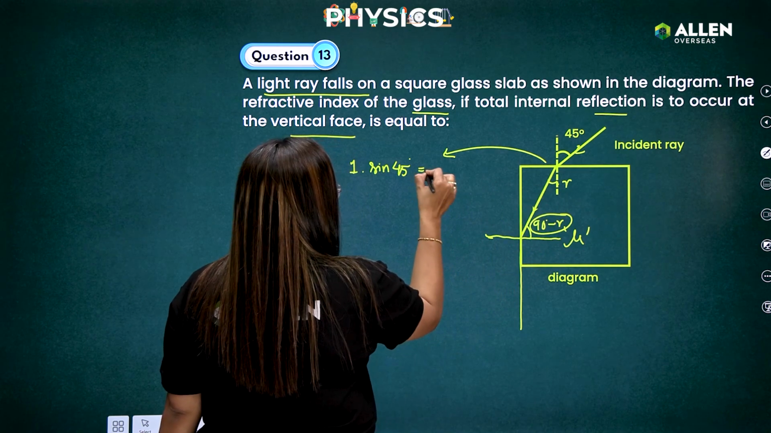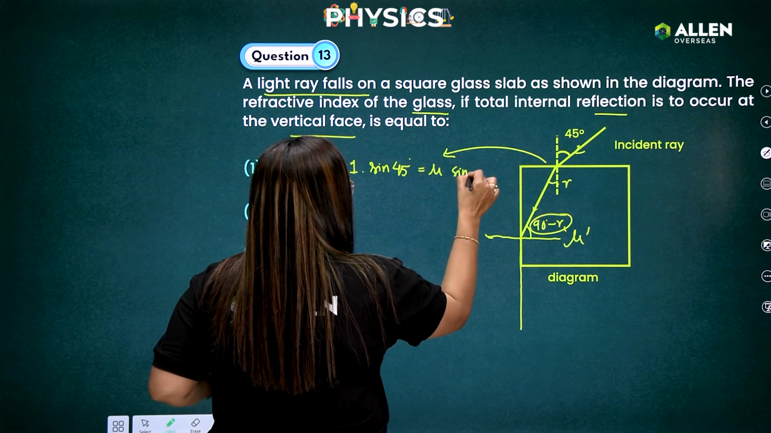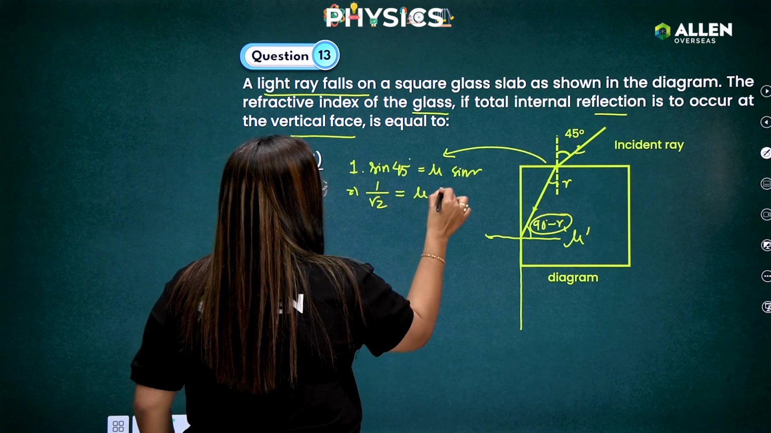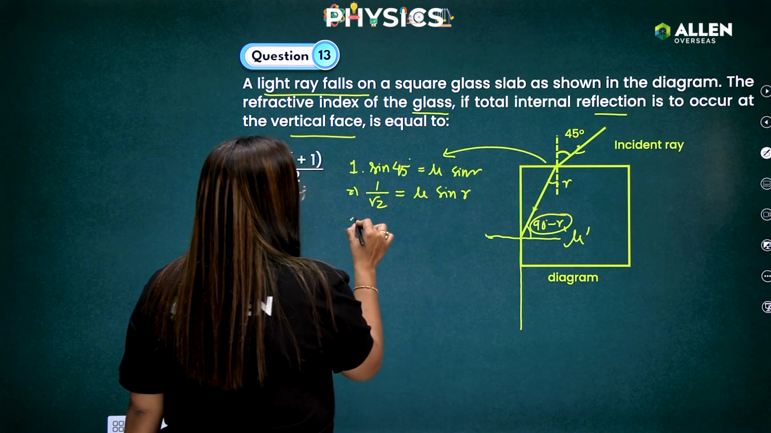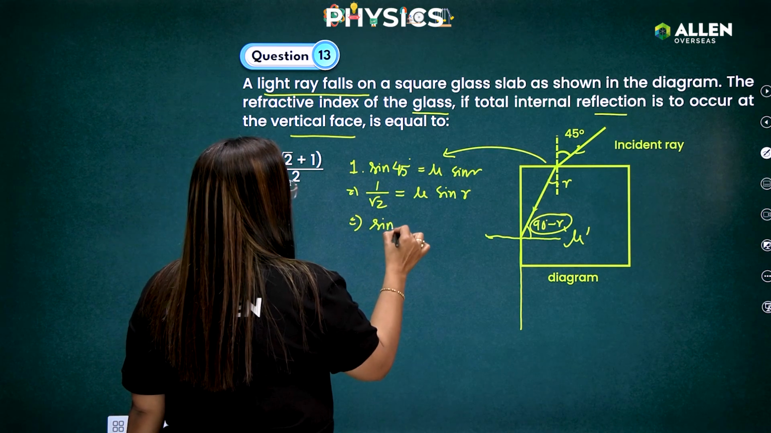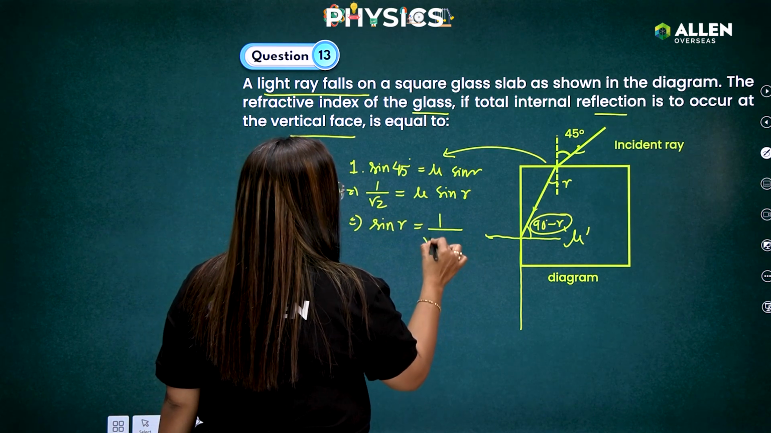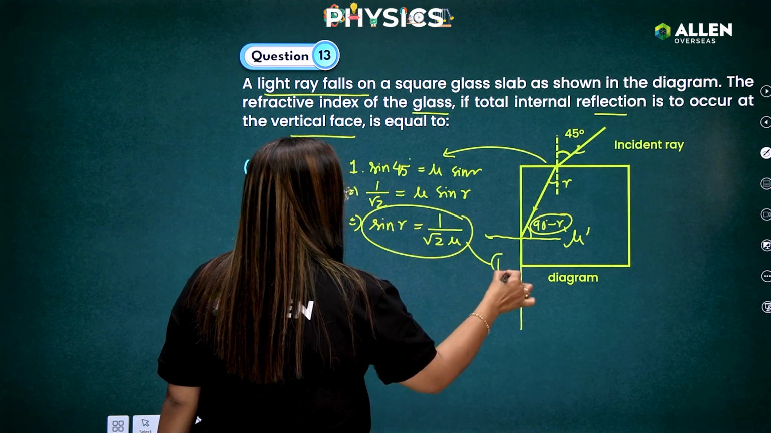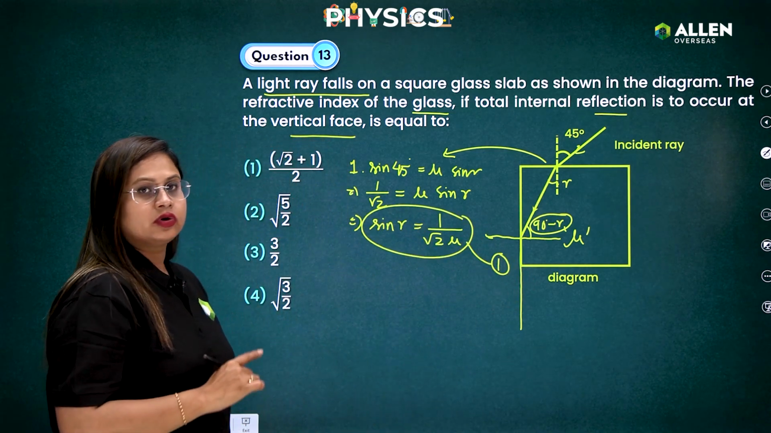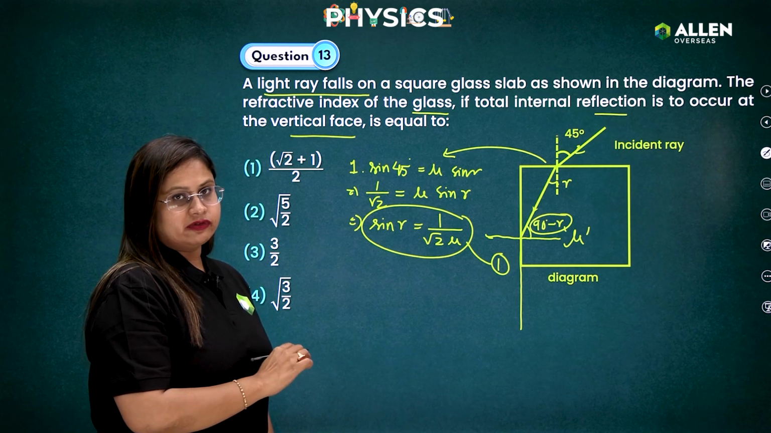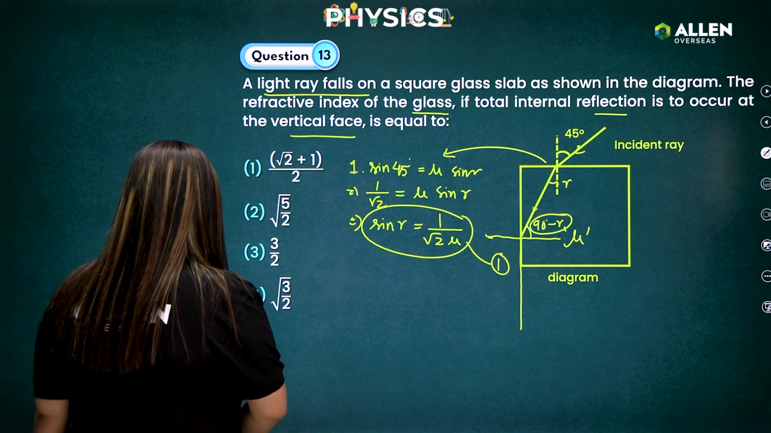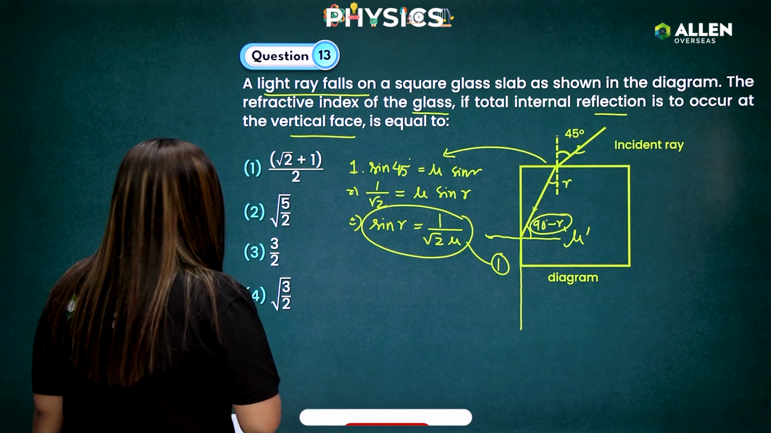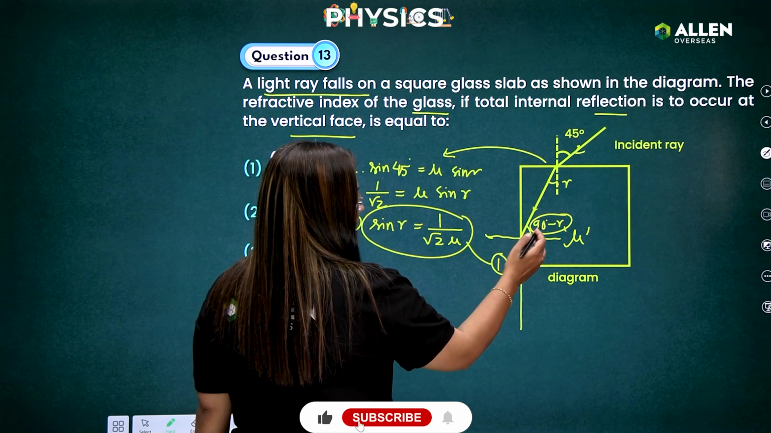And at this phase it is mu times sin r. So this is 1 by root 2, and this is mu times sin r, and we can write sin r is equal to 1 by root 2 mu. So this is our equation number 1, and this result is going to help us in finding out the further solution. So at this phase we can see here that if this is the critical angle, then